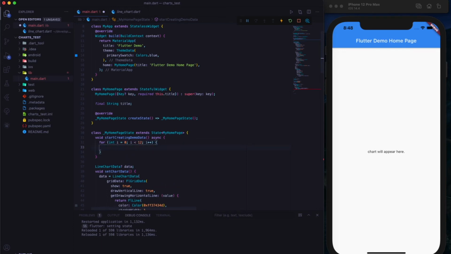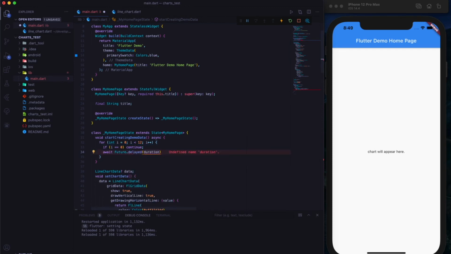So this will provide us with 12 values, and as we already have an initial value, what we're going to do is, if i is equal to 0, which is basically the first time, we will just continue. It will just pass through the loop, so it will not execute the following lines. But if we use break, it will completely terminate the for loop. And what we are going to do after that is use a await